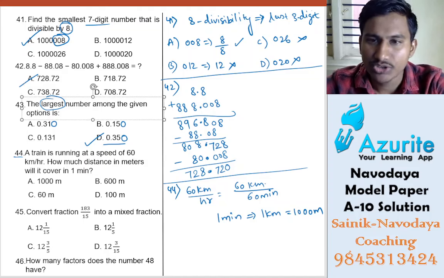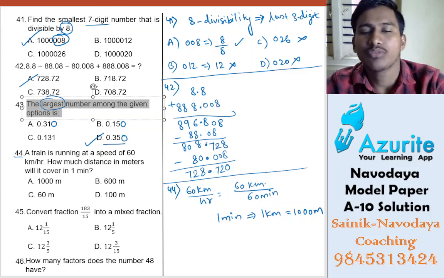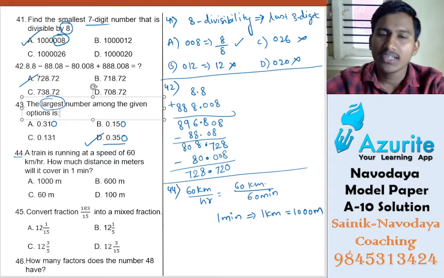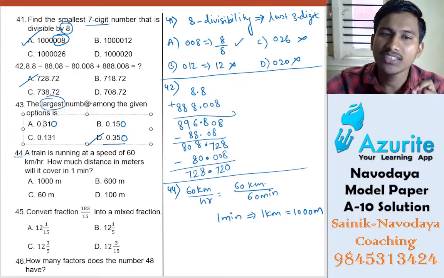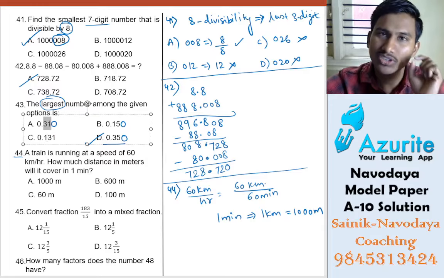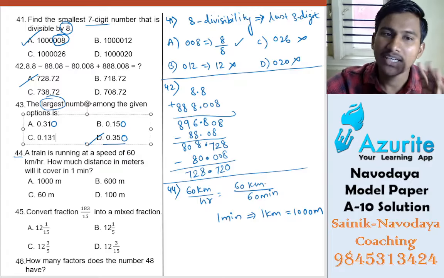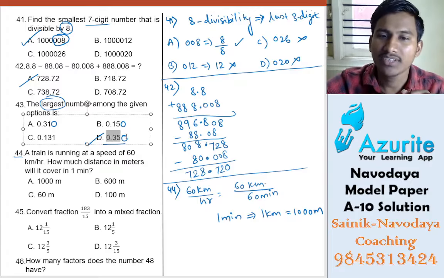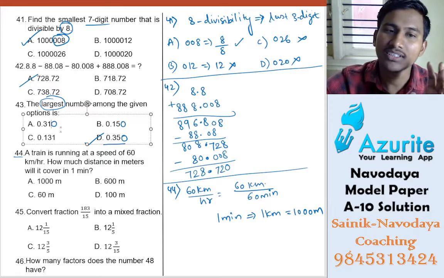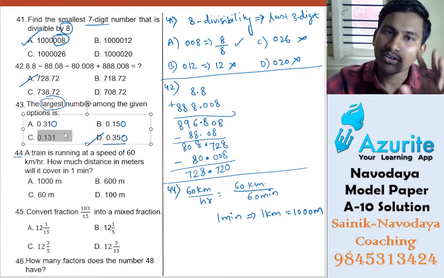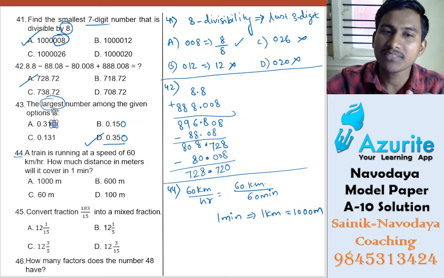So 43 question is also easy. They are asking largest number among the given options. So how do we find the largest number? We know when it is decimal, we have to make the places equal. Here there are 3 decimal places, here only 2 are there. So you give 1 zero and make it equal. Here 35, here 0.35, here 0.15 is there. So all make equal, that is 3 decimal places